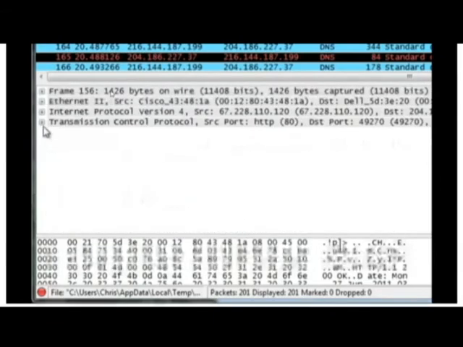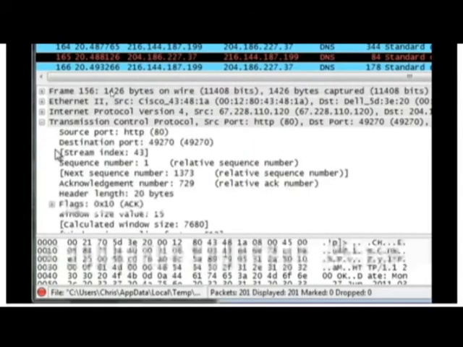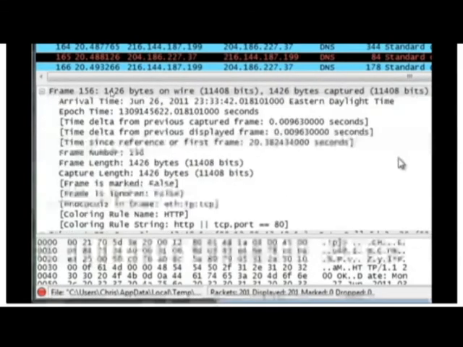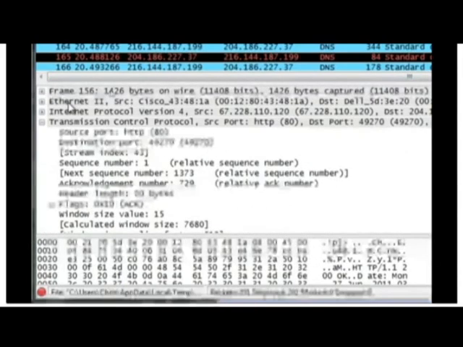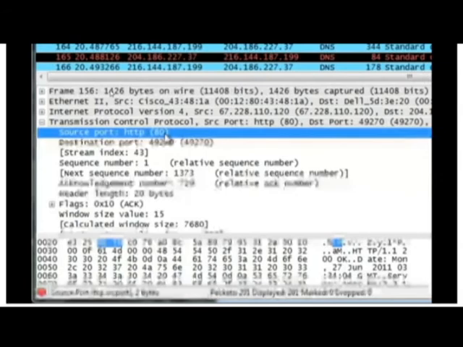Close this. And then you're going to go to the TCP protocol, which was the other protocol, because if you remember back here in the frame, it lists Ethernet, IP, and TCP. So in that case, it's going to show you all the protocols that were used, such as the Ethernet, the IP, and the TCP, and then the various information that was sent through those. TCP here showing that it was an HTTP, so it was a web page, and it went through the standard port of 80, or in this case it's the source, so that means yeah, it was coming from the internet, and the port it was received on.